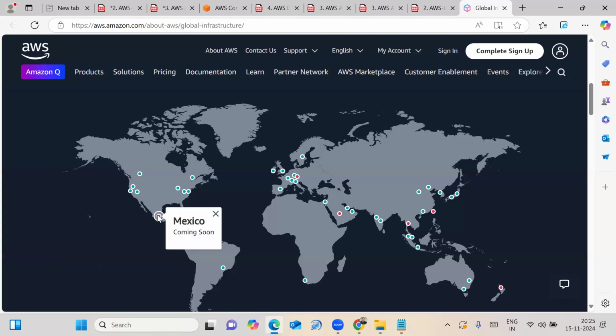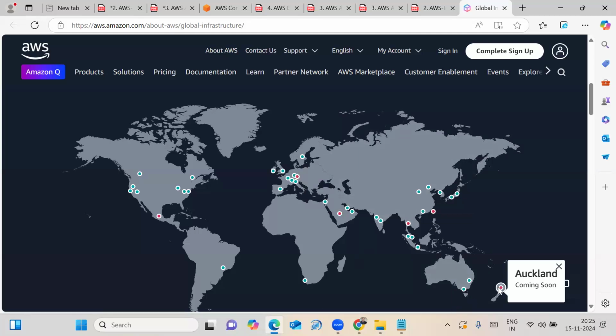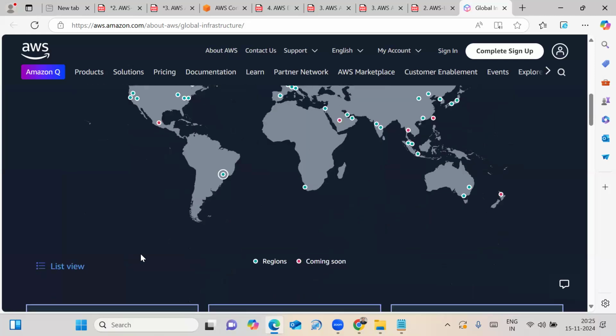Red color circles are also there: Mexico, Kingdom of Saudi Arabia, Germany, Taiwan, Thailand. Those are the upcoming regions.